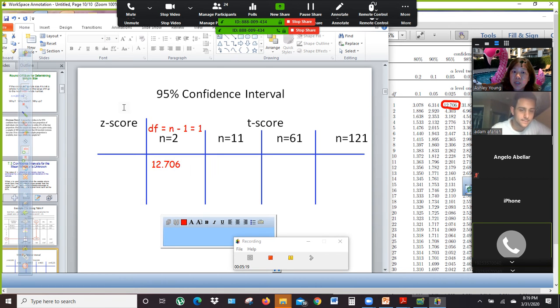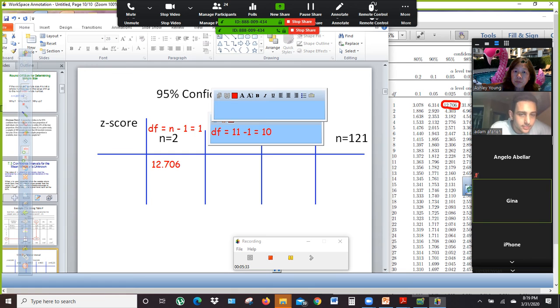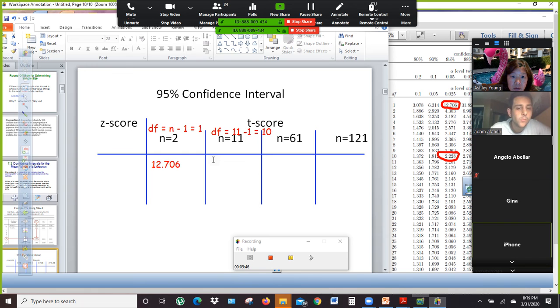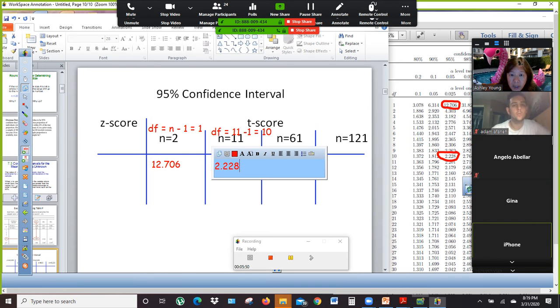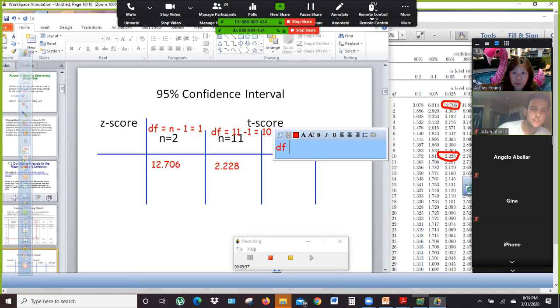And then what happens when n is 11? What's my degrees of freedom? It equals 11 minus 1, right? So it's 10. Perfect. So when my degrees of freedom is 10, then we're going to go over here, and we'll see, here's degrees of freedom 10. 2.228. Exactly. 2.228. Good. Now over here, we're going to have degrees of freedom equaling 60,